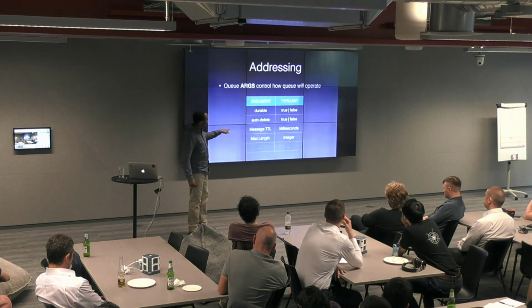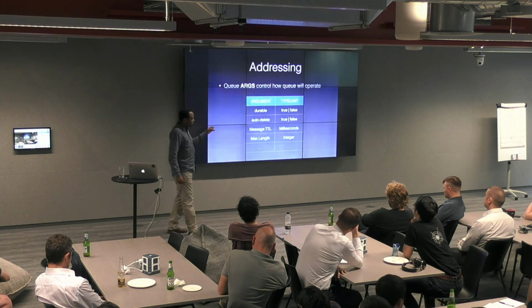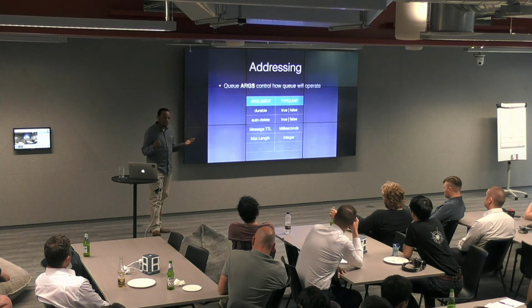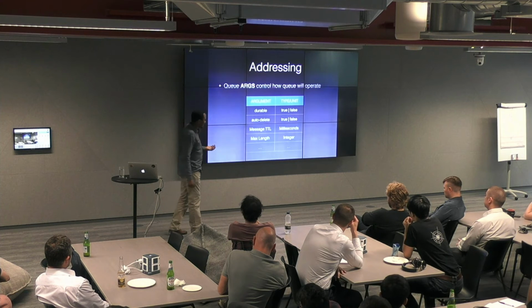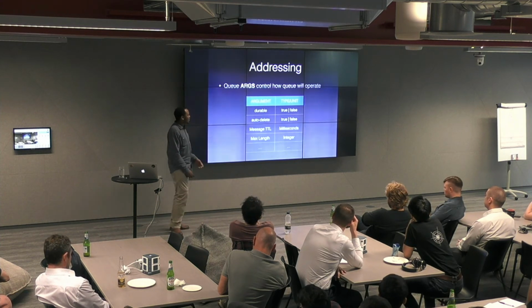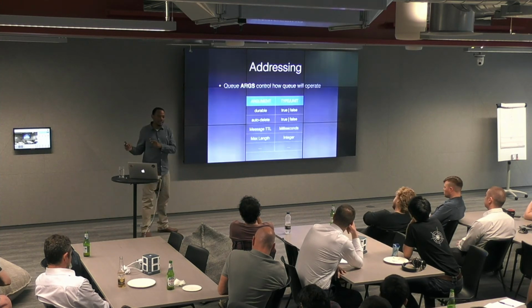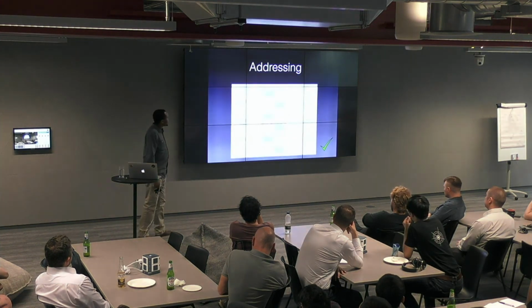I want to set, for example, message time to live. So if I've got messages and this has been sitting here for more than 24 hours, you can just drop this because it's a waste of resources, right? And I can set a max length. There's a whole bunch of attributes that you can set. Like I mentioned, this is from the client side, right? So that's a good thing about AMQP.